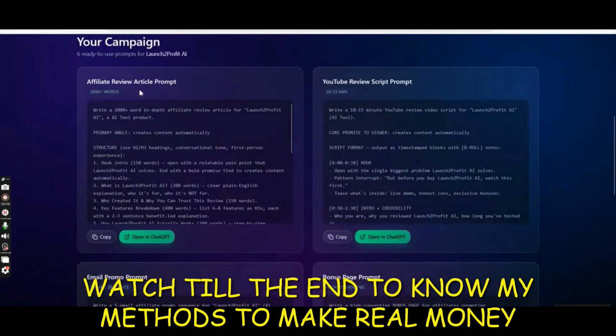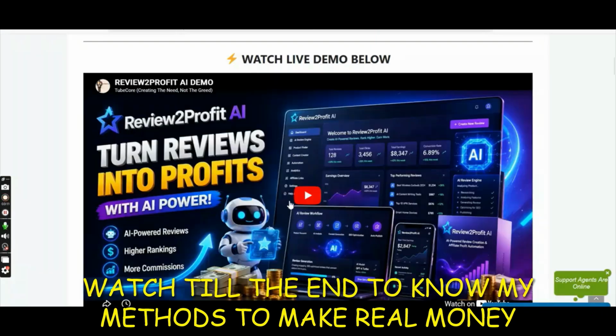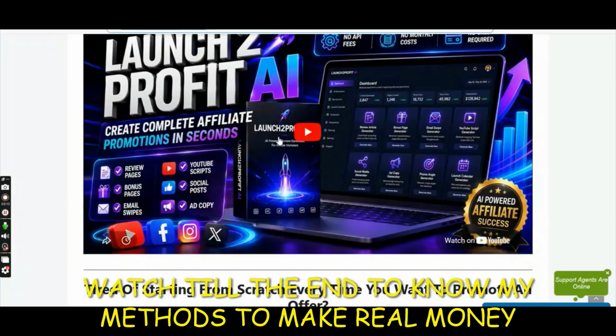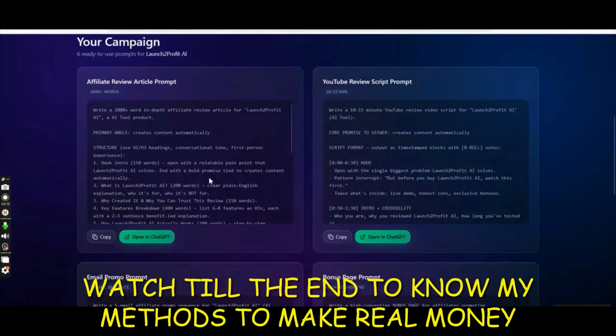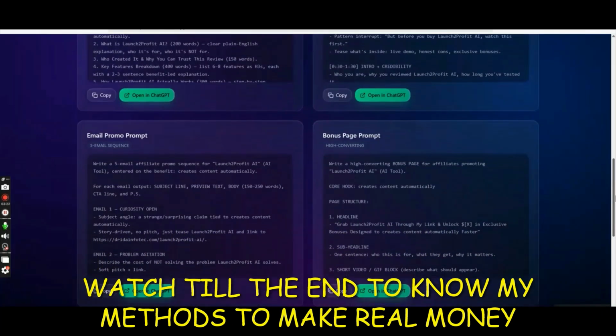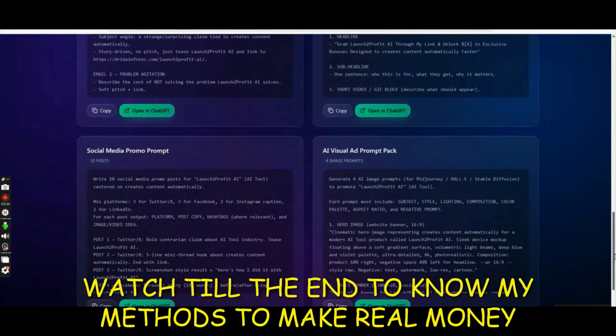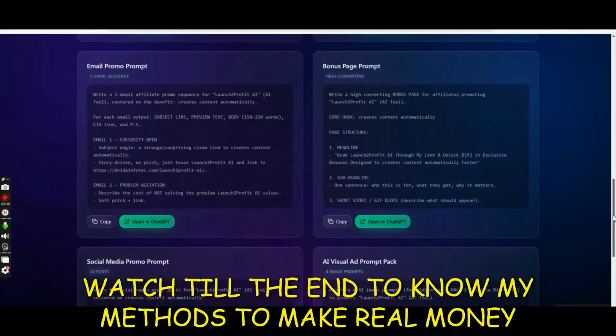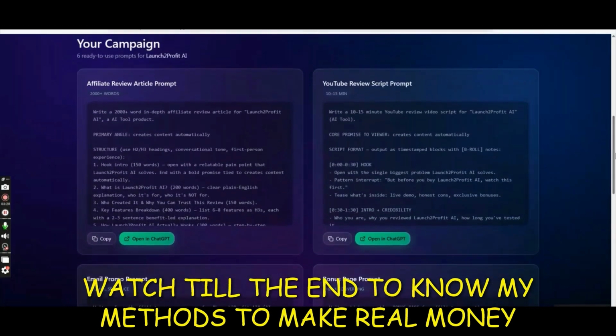Once you hit generate campaign, you get your affiliate article, as you can see here. And I'm showing you the shortcut. The full demo video is available on the sales page here. You go and watch the full demo video for both the softwares. It generates the article here, it generates a YouTube script here, it generates an email promo, bonus page prompts, social media prompts, AI visuals, and not only that,